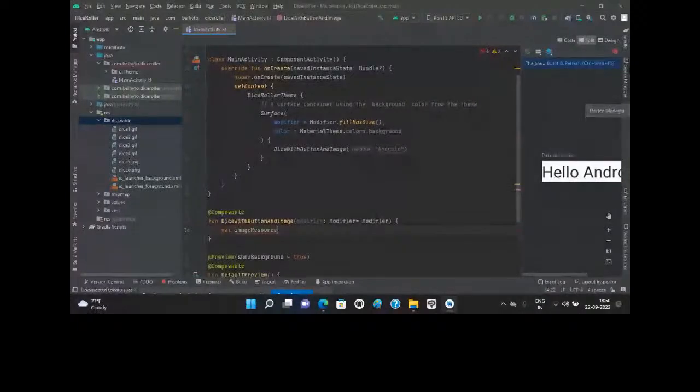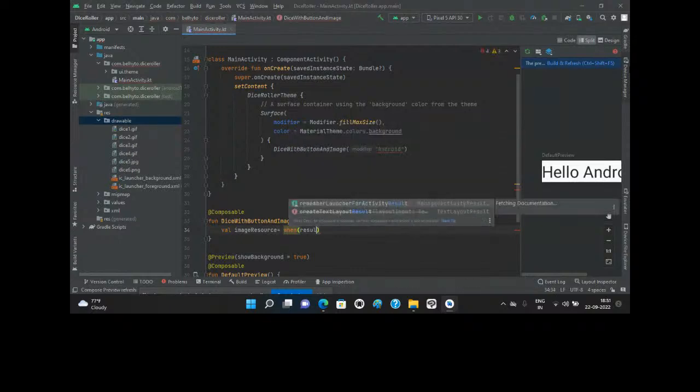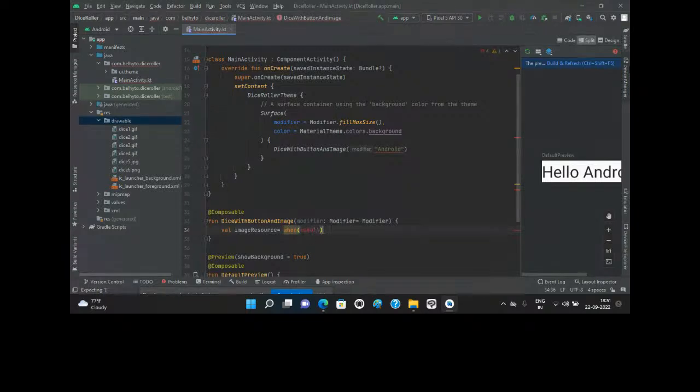But when we press the button, the face of the dice has to change. So we'll use an if-else condition. And in Kotlin, if-else is called when-else. So instead of if, we'll have when result. The result is where we're saving the randomized number. So in this, the number could be 1, 2, 3, 4, 5, or 6 because it's a dice. So we have 1